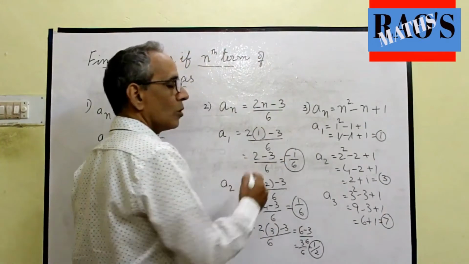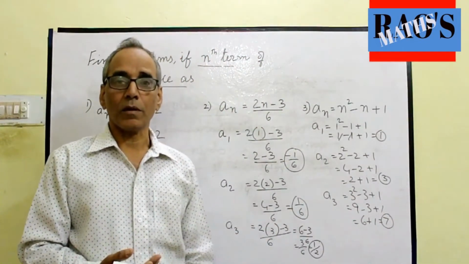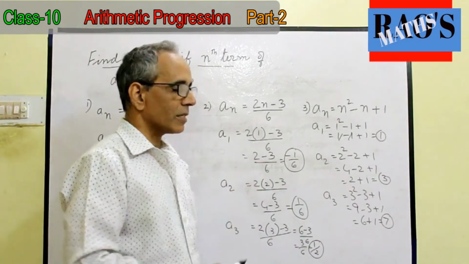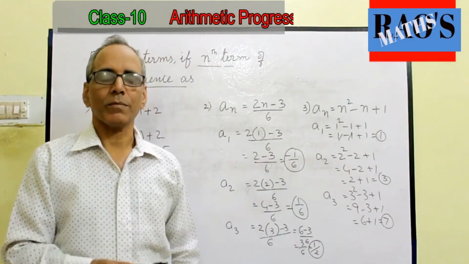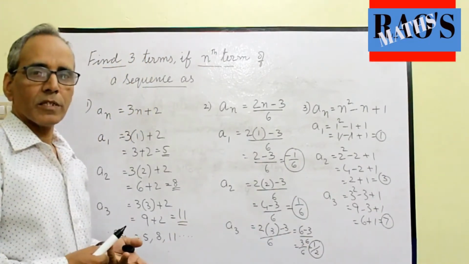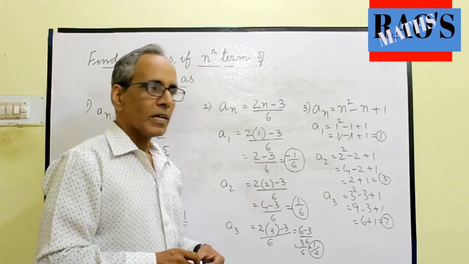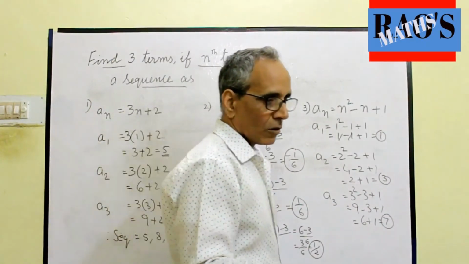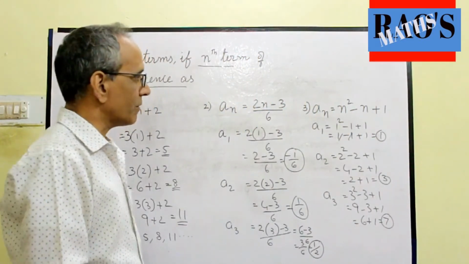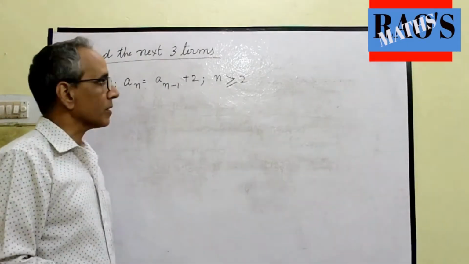So if we know the rule, we can find any term of the series, any term of the sequence also. Let's see in the next question. We find the required term, not the sequence right from the first term. Can we find any term in the series? Yes, we do. Let's see in the next question. How to find the required term? There are some different questions. I'll show you now. Let's see this question.